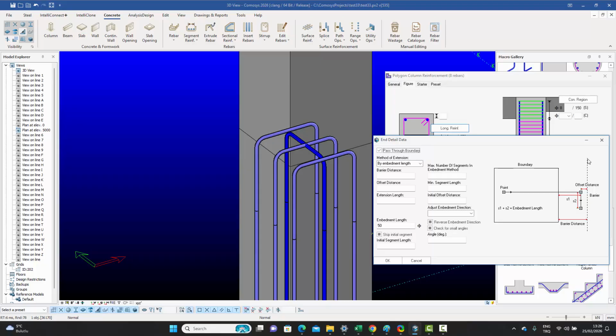Now you might ask what the barrier is. You don't need to define it. All you need to define is the distance between the end of your column to the barrier. So if you wanted to actually just go straight, let's say 1 meter, what you would do is, instead of embedment length, you will say by a given amount,